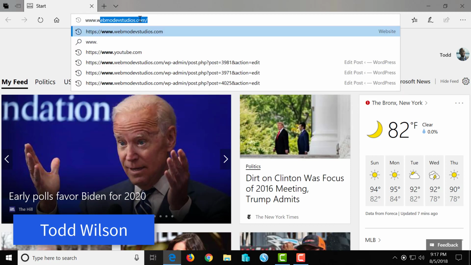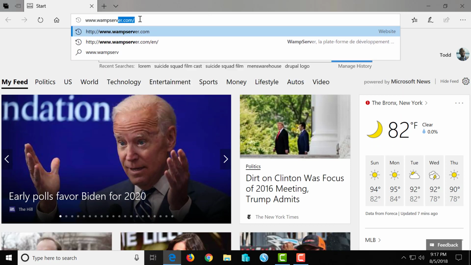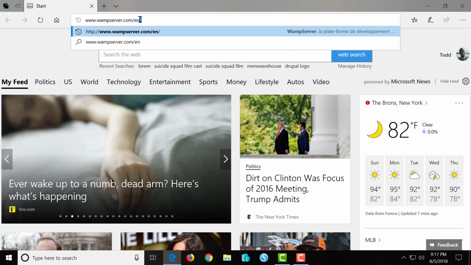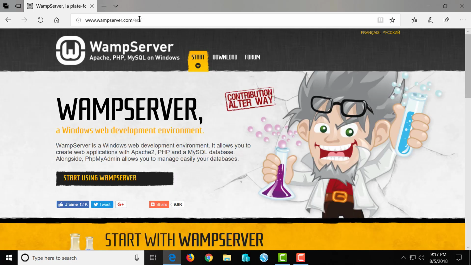First thing we want to do is open up a browser, and we want to download a copy of WAMP server. So we're going to go to www.wampserver.com/en. Now that we're here, we want to go to downloads